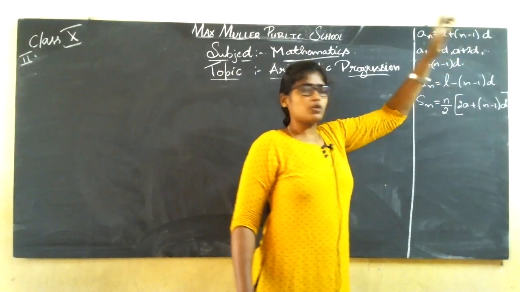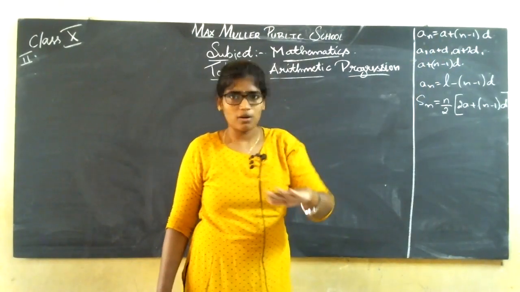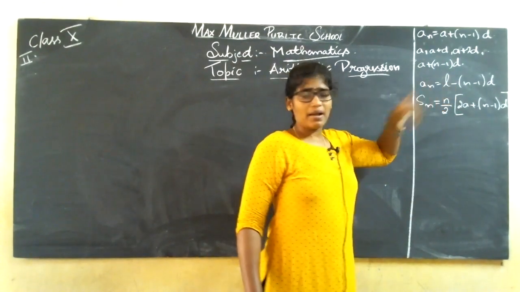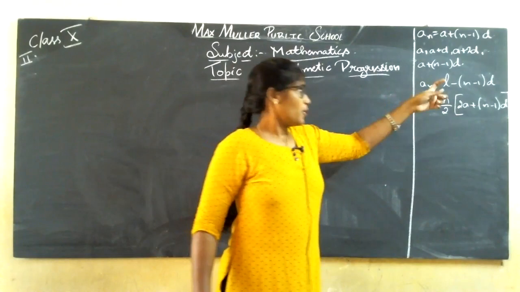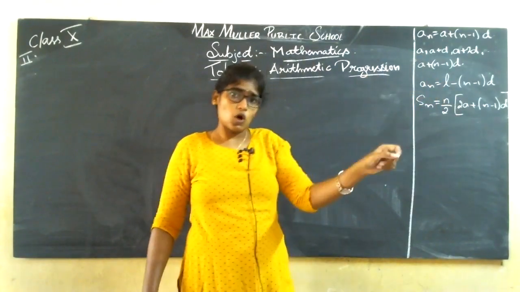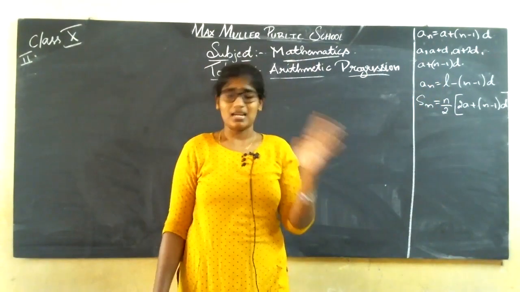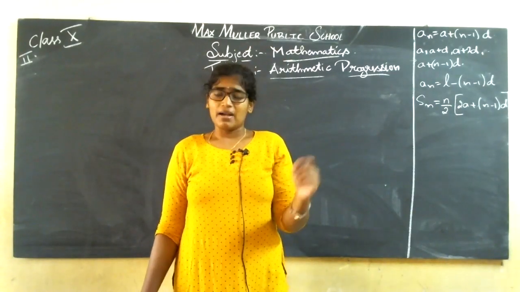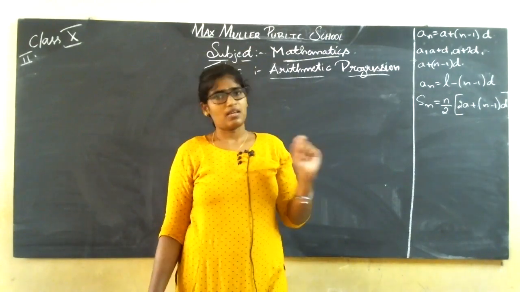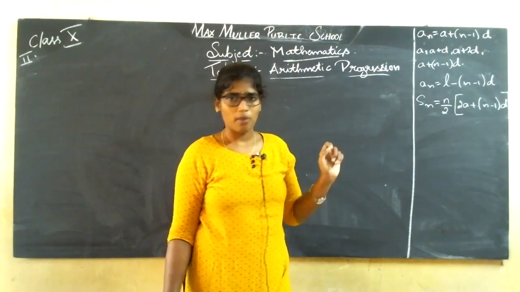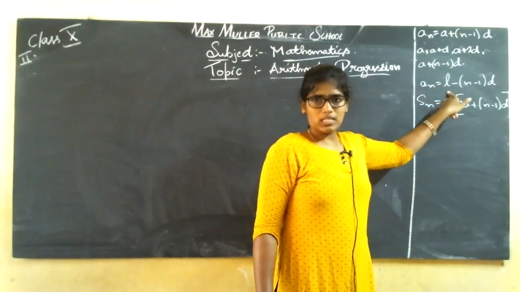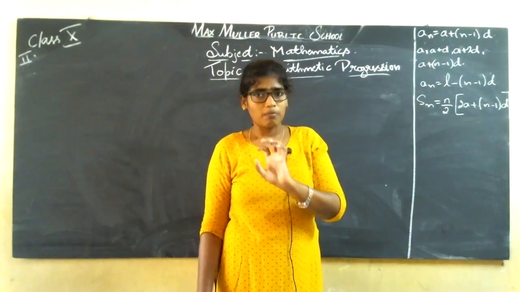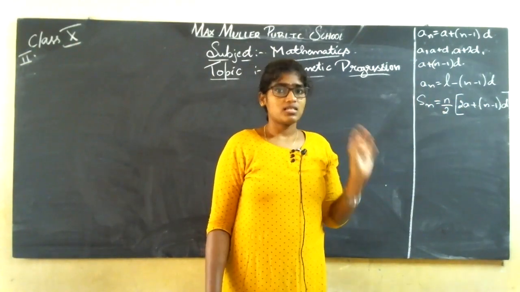Then if they ask you to find the a and d, you have come across all the tests and you have also written the test. Now, when will you apply this l minus (n minus 1) into d formula? You are going to apply this when they ask you to solve the problem from the last, or if they ask you to find the arithmetic progression from the last term. If they have asked the question in that format, at that time you are going to apply this formula. What does this l indicate? l indicates the last term, the value they have given.